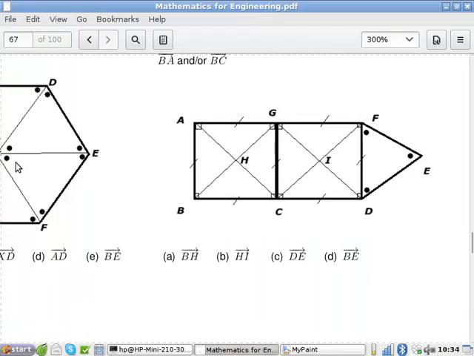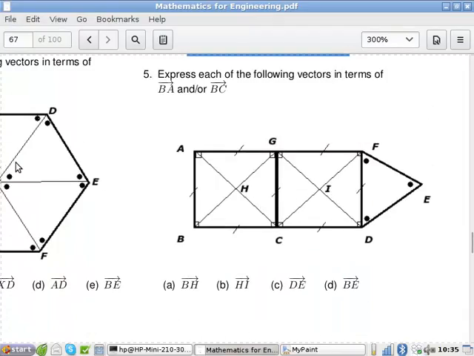Okay, there's the last one. So I won't help you with this one. If you can get this one finished, then you can go, and then there's no homework. So if you can try and get this number 5 finished now. BA and BC is what I'm looking for. Half BA plus